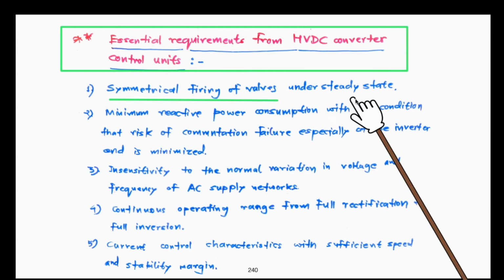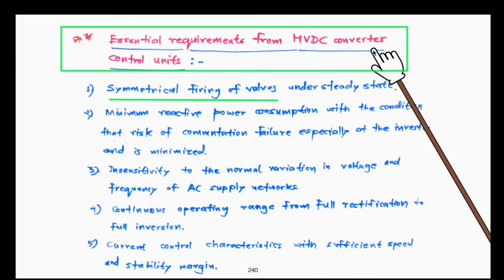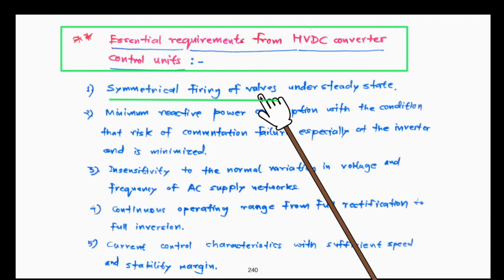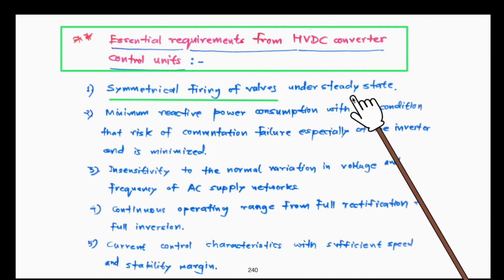Symmetrical firing under steady state. So the converter control unit should provide symmetrical firing of valves under the steady state. Symmetrical, okay. 12 pulse operation means 12 thyristors. So 360 divided by 12. Every 30 degrees one new thyristor has to be triggered with proper